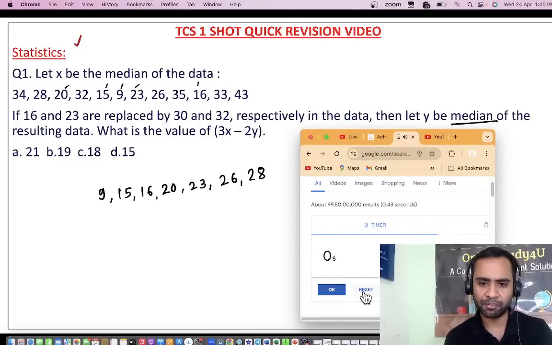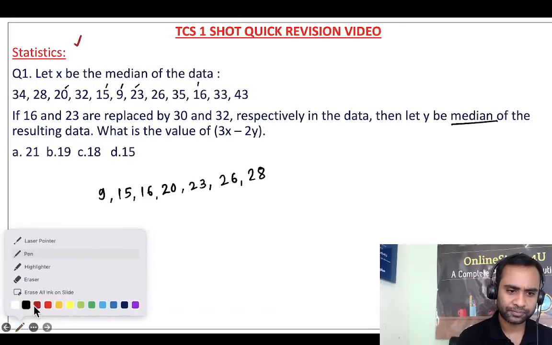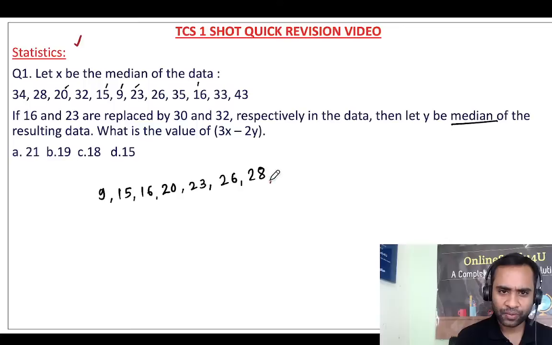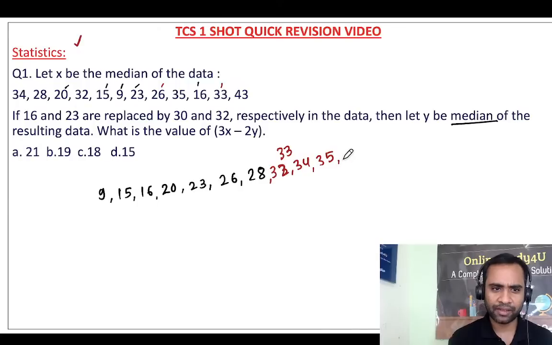So your time is up. Okay, no one has solved it. Very good. Okay, 26, 28, and then we have 33. Then we have 34, then 35, 32 was missed, 32, then 33, then 35, and then we have 43, right? So these are the